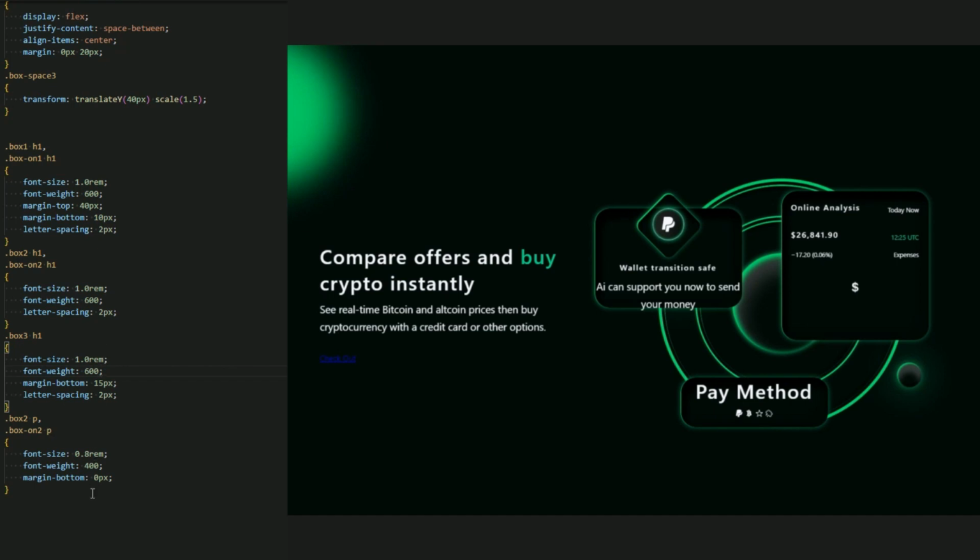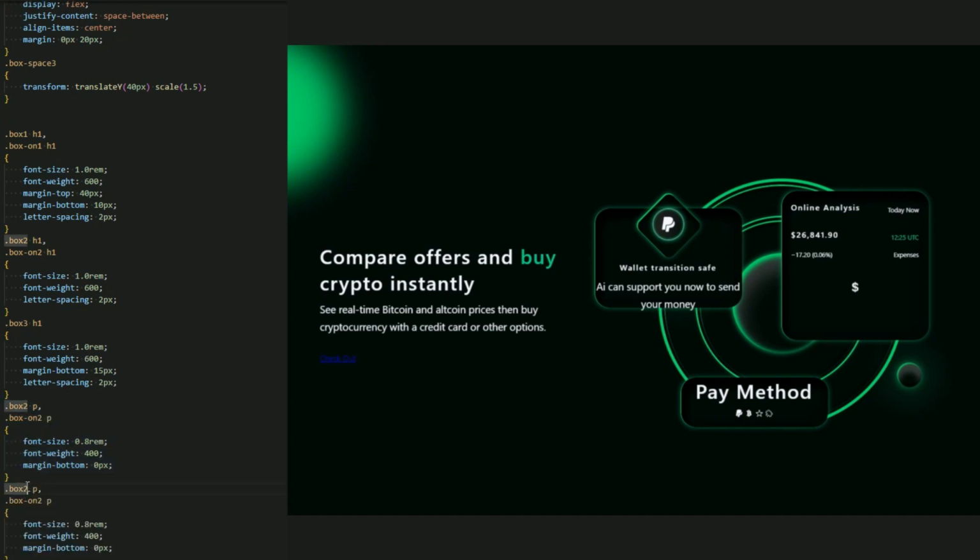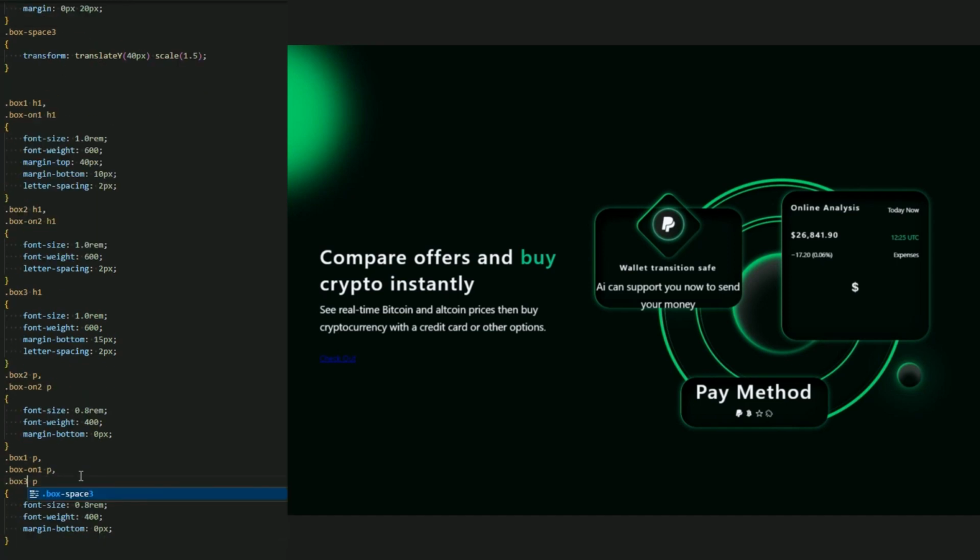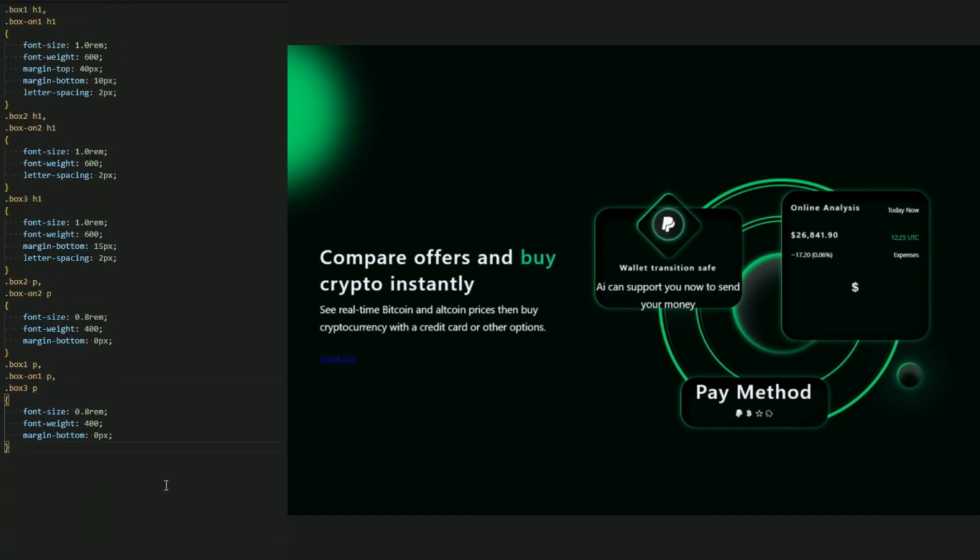This is box 3 h1, and now for the box 1p, let me just copy paste it, box 1p, and the box 3p. Box 3p. Now the font size, again, let it be the same. We don't need to change it, but I want to add a margin bottom 35 pixel.